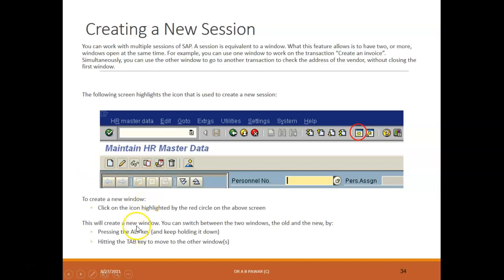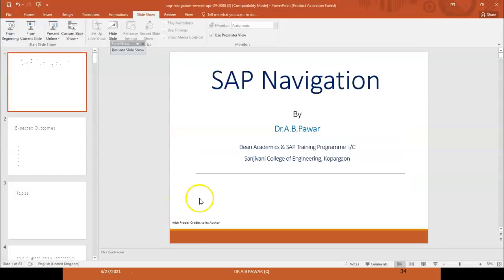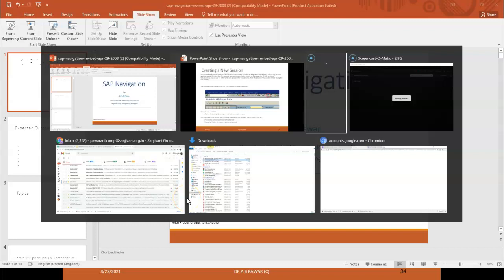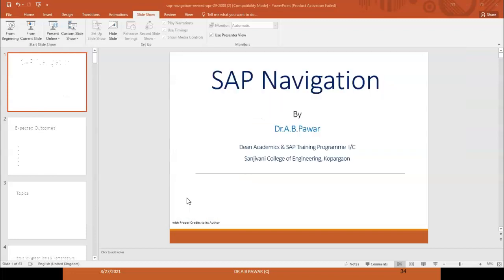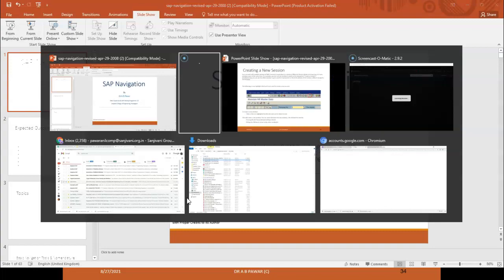Then how can you navigate between these windows? You can navigate between these windows by just pressing the Alt and Tab buttons. Right now I would like to show you on my screen as well. If I press Alt and Tab, you will be able to switch. See, this way I am just pressing Alt Tab, and I am able to switch from one window to another window. All of you please see, this way we can navigate, right?